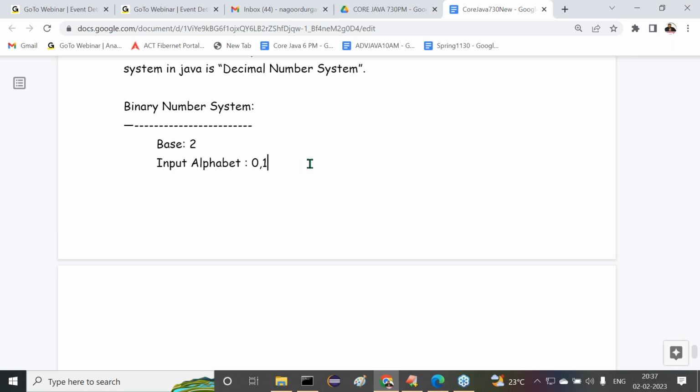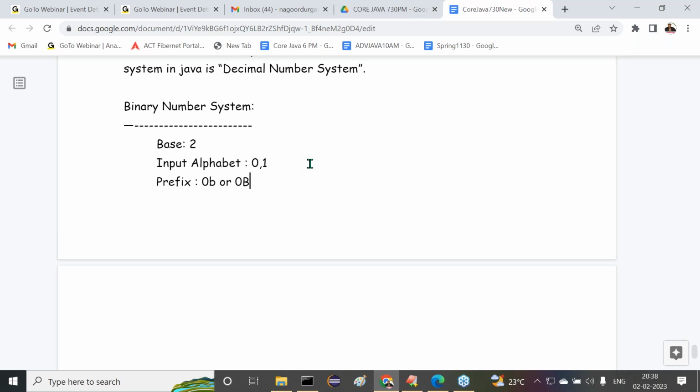Observe carefully. But how are we going to represent a number in binary? How is it possible to represent a number in binary? There we have to use a prefix. The number must be prepared with zeros and ones only, but it must be prefixed with either 0 small b or 0 capital B. I'm not talking about a suffix, I'm talking about a prefix.